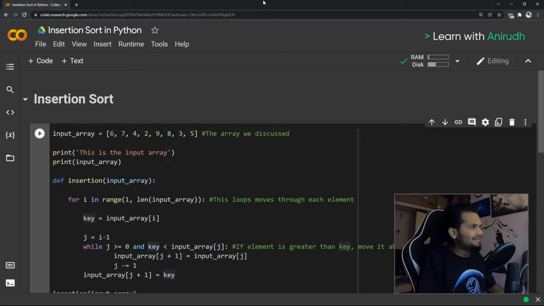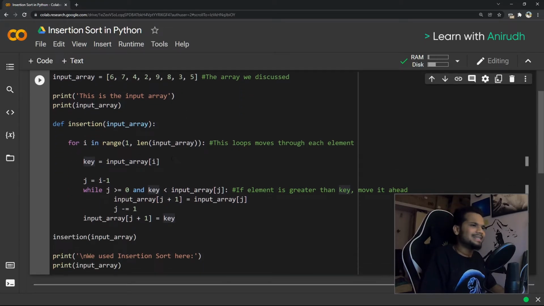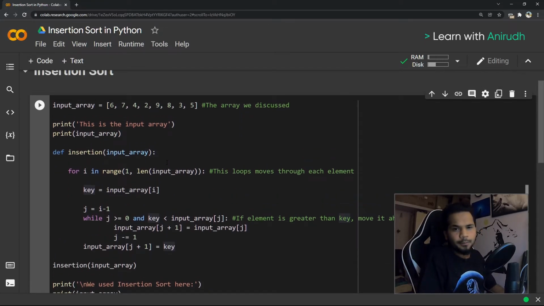So ladies and gentlemen, I've opened up Google Colab. We have the insertion sort algorithm ready. Now, if you are looking for this exact piece of code, it is available in the description box below. All you have to do is click on it. It'll bring you to the exact same page where you can run the exact same piece of code. You don't have to type it out again. So you can start working with this right away. Okay, fantastic. Now let's get started with understanding insertion sort programmatically.